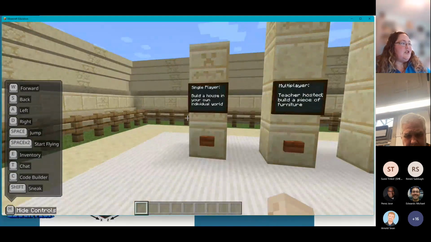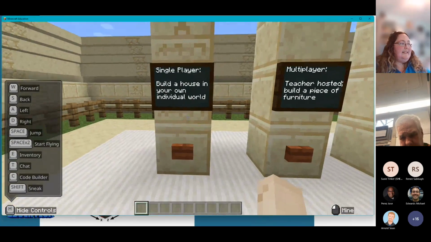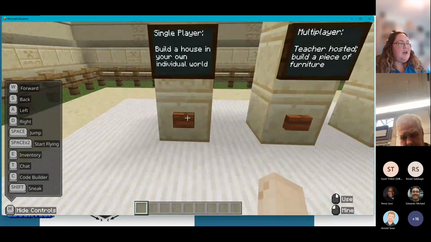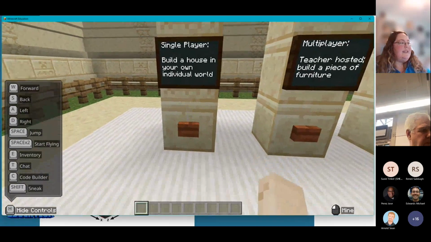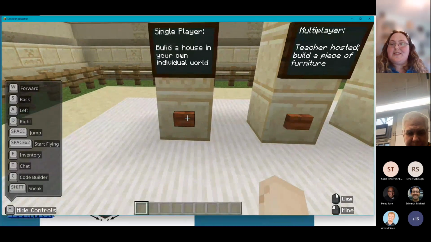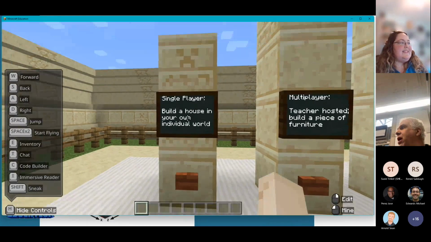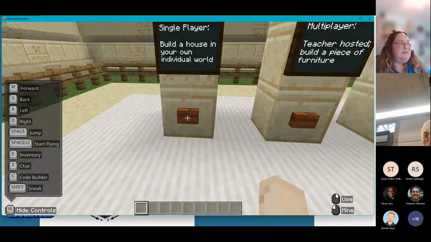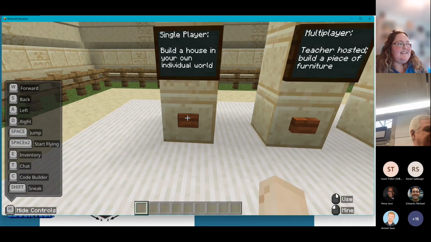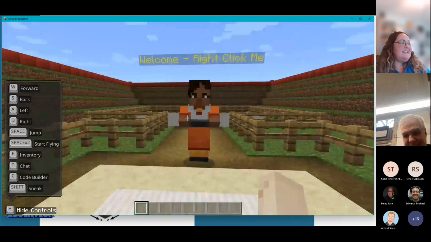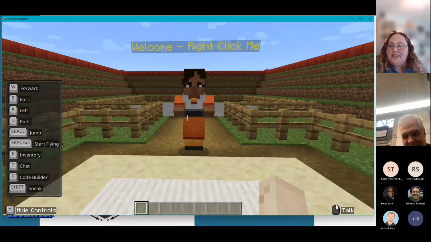And remember, we're going to start with this single player button. So to select the single player button, you'll see how my cursor changes when I go over it. And now it's saying, okay, if I right click, then I can use the button. I can press the button here. We're doing the single player, build a house in your own individual world. So we select that. And then it's going to warp me essentially to this space